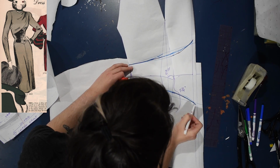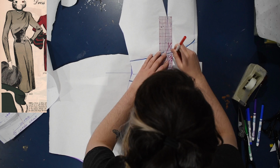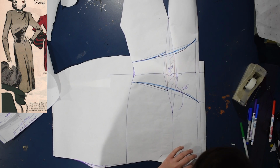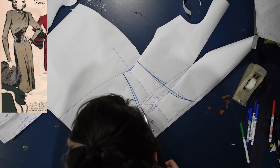But of course I went for this angle design because I was copying the Butterick situation. And then you connect the lines here through the dart like this. So we draw straight lines here through those points so that the dart can be closed for the most part through the center here. Now if you have a normal person amount of dart fullness, which whatever that means, I